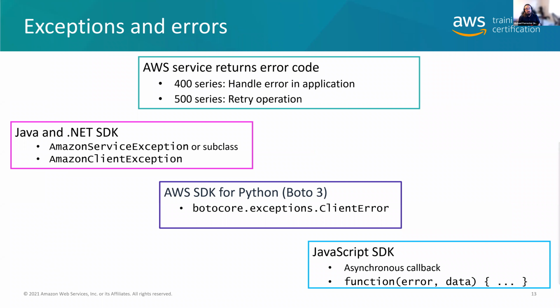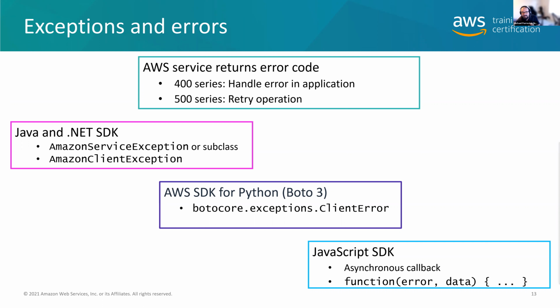The AWS service will also return things like 400s or 500s. General rule of thumb is that if you're getting a 404, the bucket you're looking for may not exist, or maybe with a 403, you don't have permissions to it, forbidden, whatever. If it's a 500, then you probably want to retry the application. But if you're getting 400s, you need to tell your application what you want it to do with those errors. If you're getting a 500, that means there's something wrong on Amazon's side typically. Either the service is down or whatever. So you're going to need to deal with that. So just know that